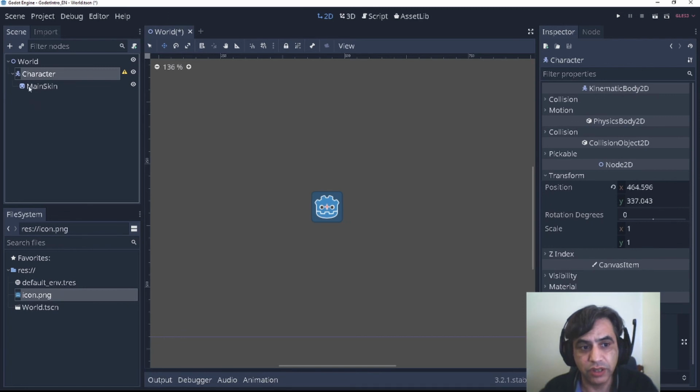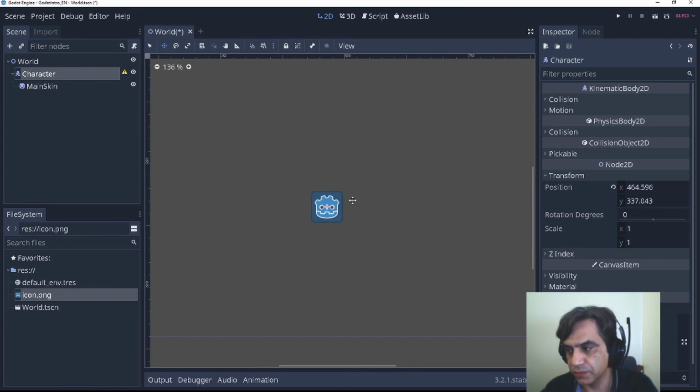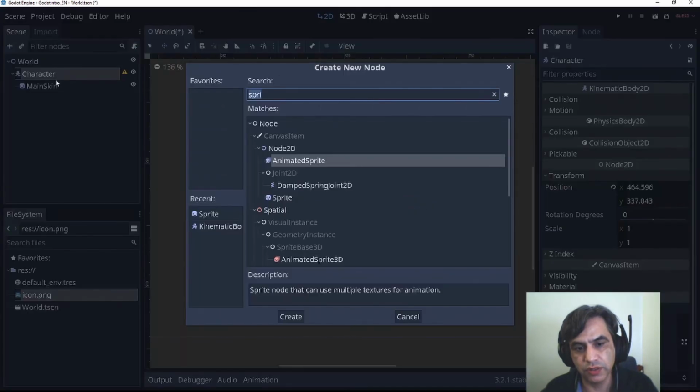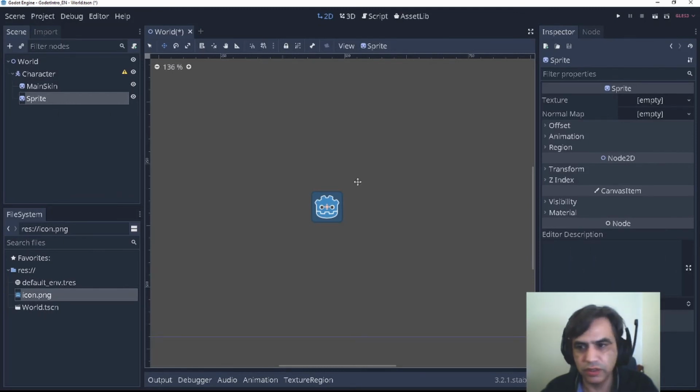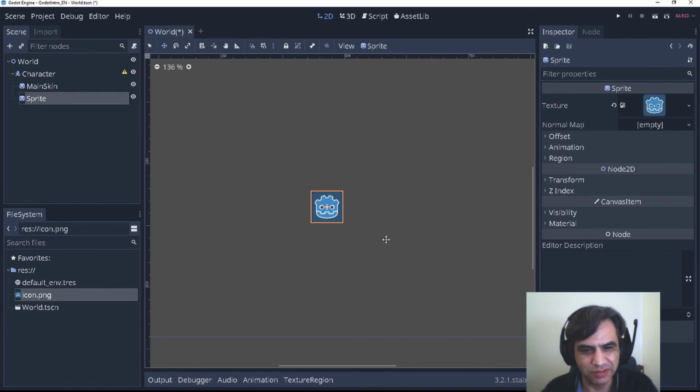A character can have multiple sprites. For instance, imagine that you want to have an item, for instance, a sword. You can have a sprite specifically for the sword. For now, I'm going to use this. It's going to be beautiful. But you can change this to look like a sword.